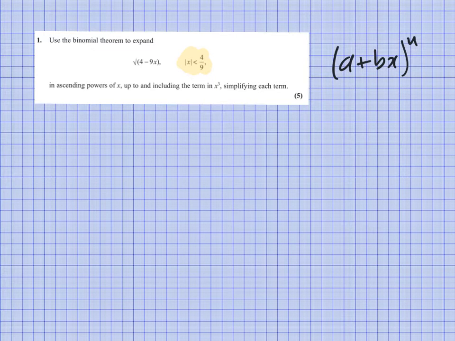Let's start now trying to do this expansion. We're asked to expand up to the x cubed term, so the first 4 terms. So we have 4